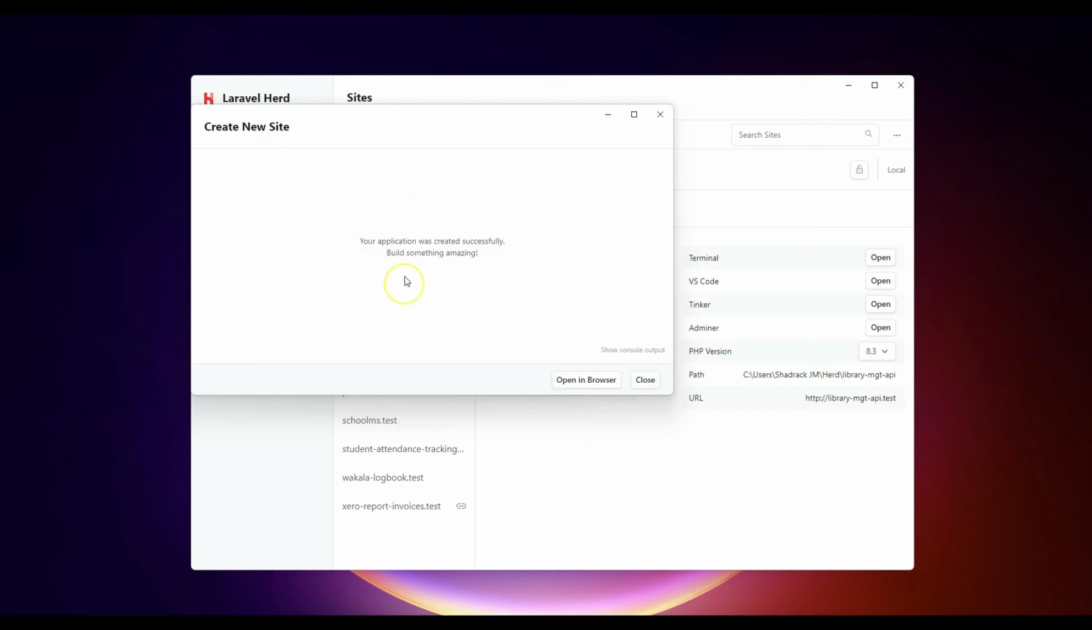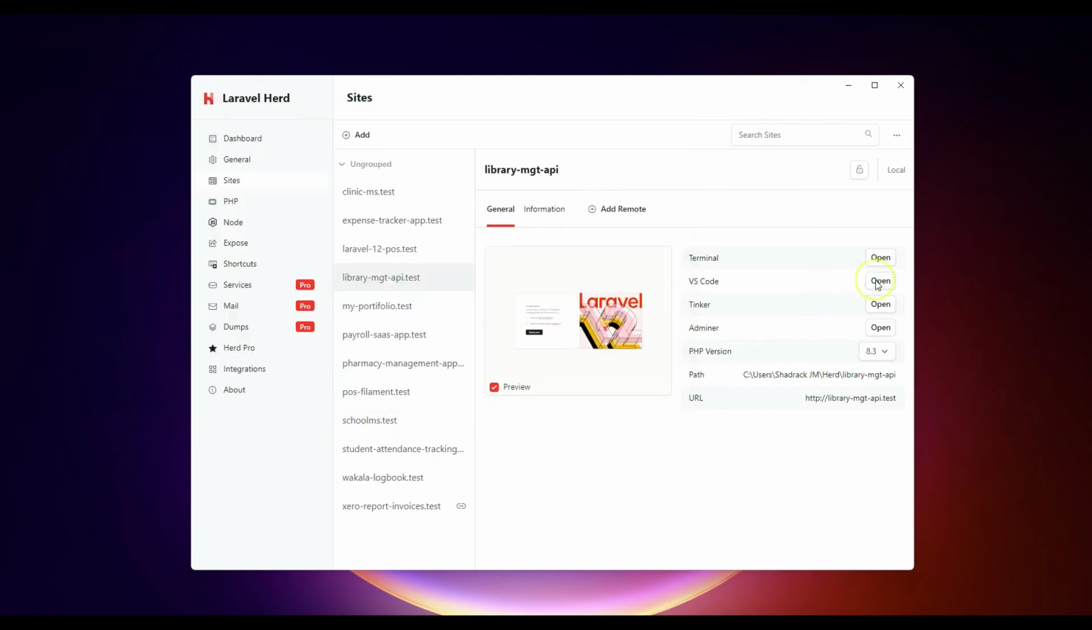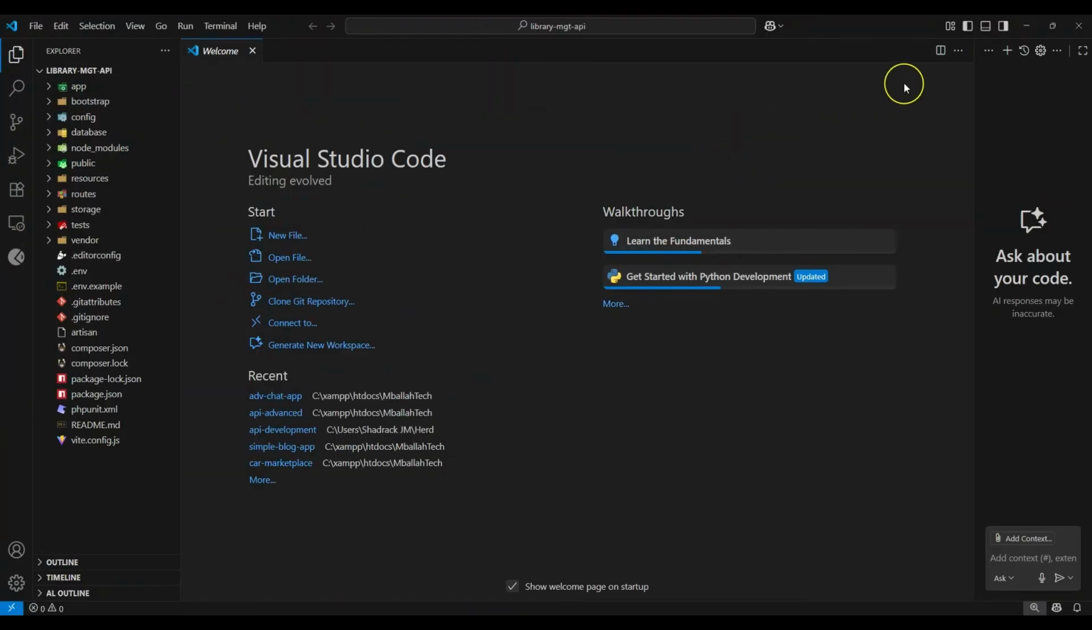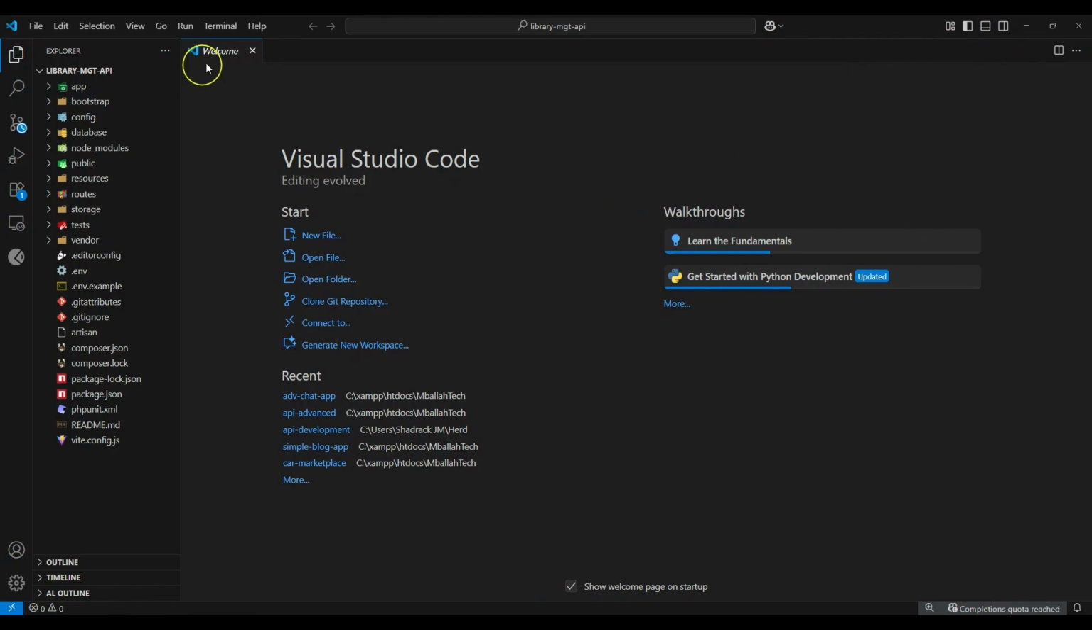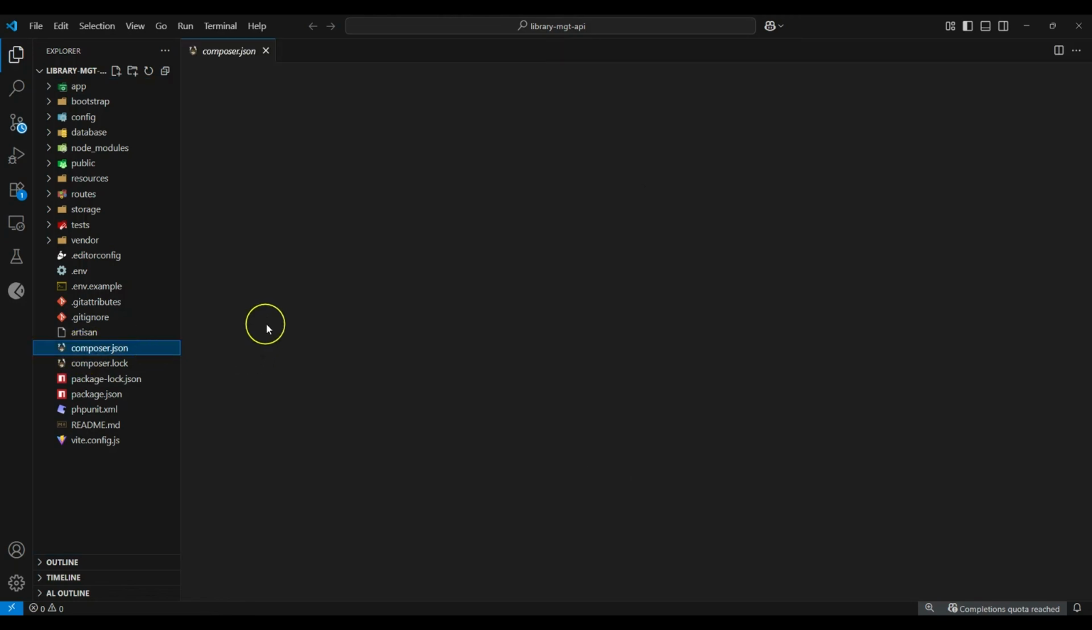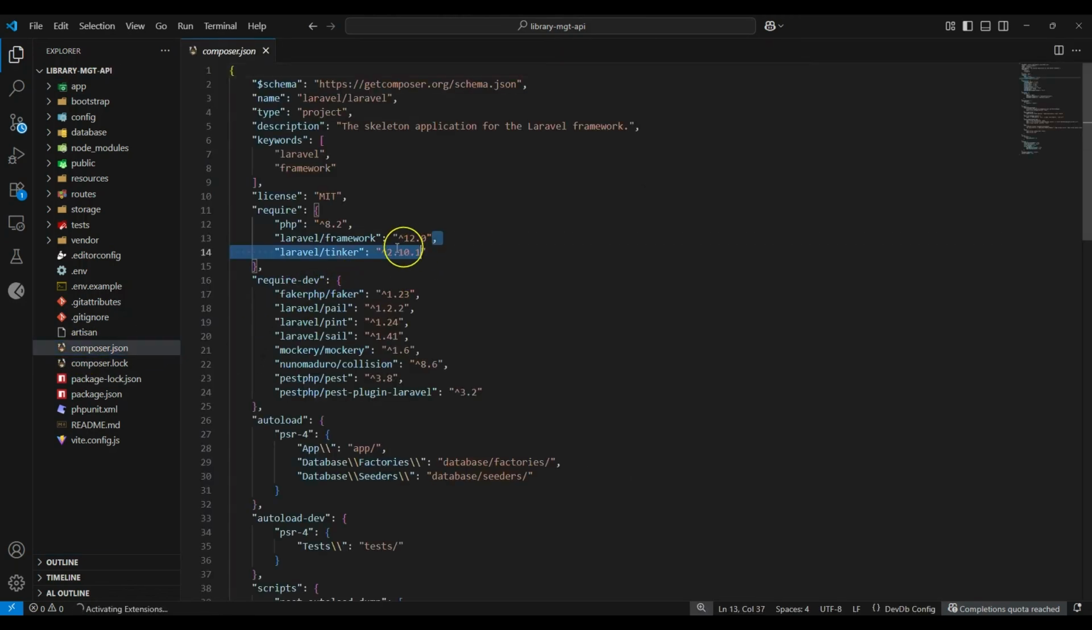Okay, so you can see here this is done. So now I'll close this one, and I'll open my application in my VS Code, where we will start to build up our application. So here is my application opened on VS Code. Let me close that, and this is our application. You can see it is a Laravel 12 application here. Okay, so now